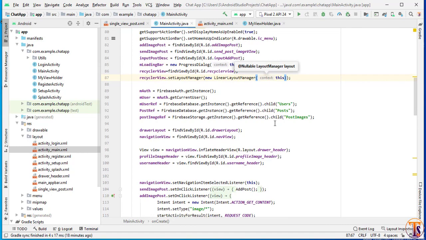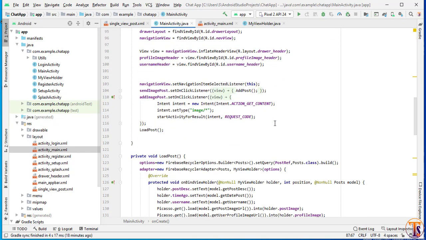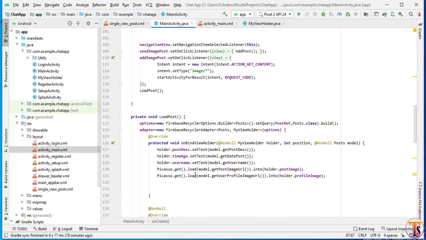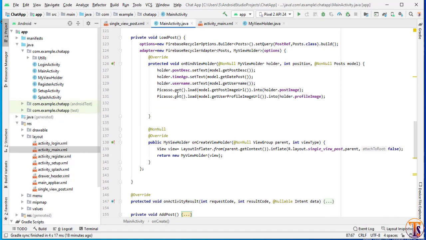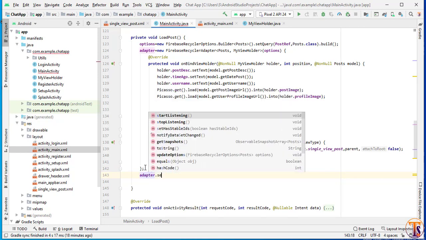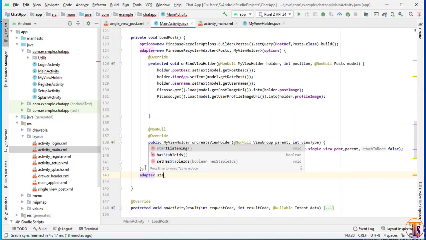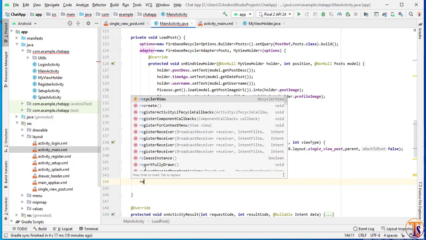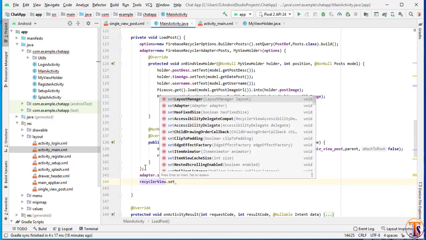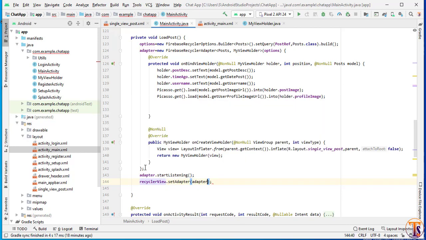Okay, now our recycler view is almost ready. Now we have to initialize the adapter. So after this load post, we need to assign the adapter. So adapter dot start listening, and recycler view dot set adapter, and pass here adapter. Okay, now run the application and let's see if it's working or not.